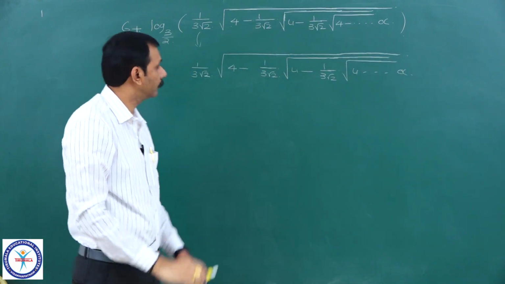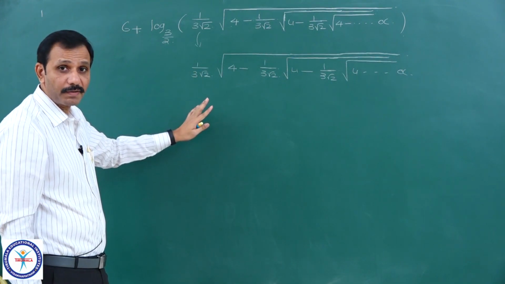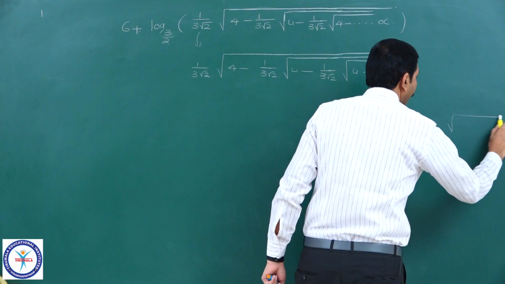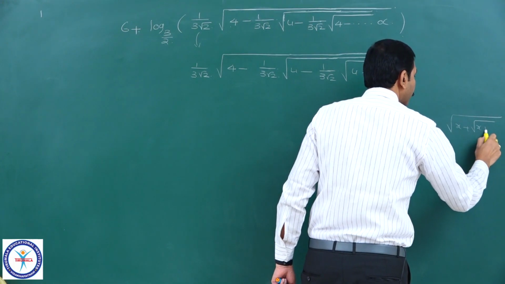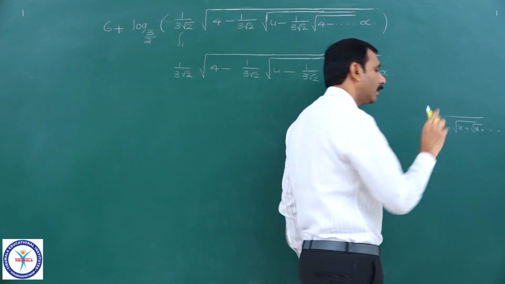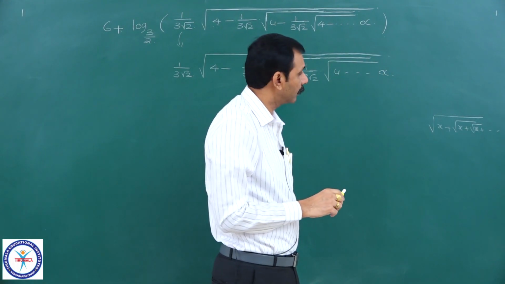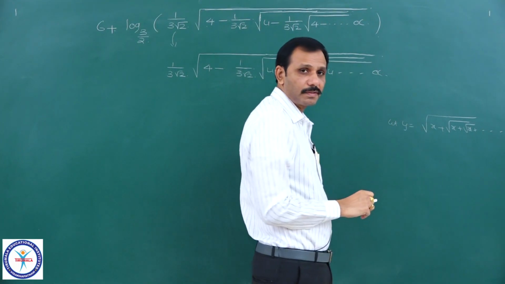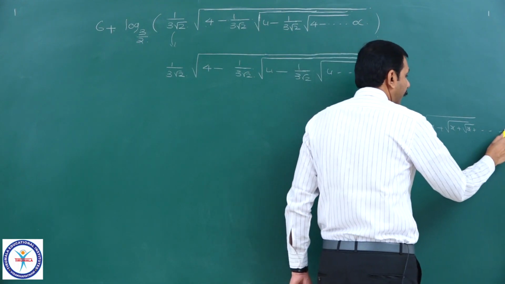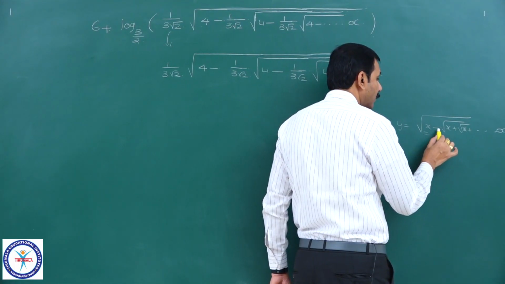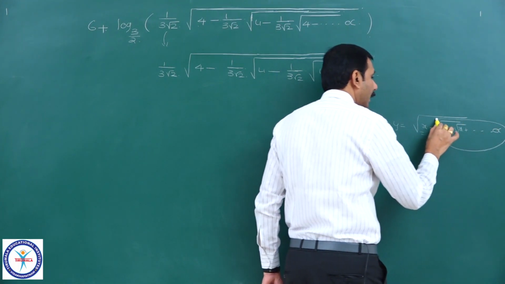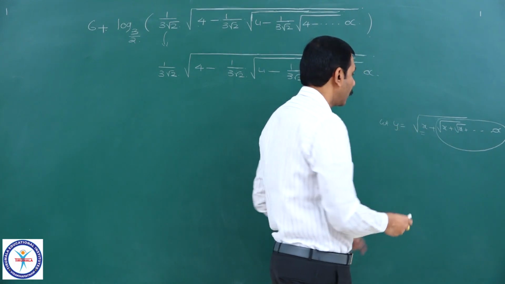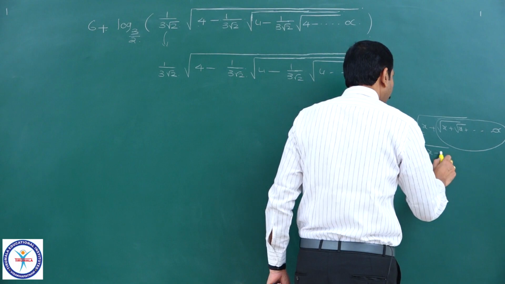Observe this. This type of problem we have already seen. Suppose an expression is of the form: find the value of root x plus root x plus root x plus, and so on, infinite number of terms are there. How to calculate this? I will take let y equal to this. Whenever infinite terms are there, if you leave the first one, again from here also infinitely many terms will be there. This value is again the same as this y only. It is equal to root of x plus y.